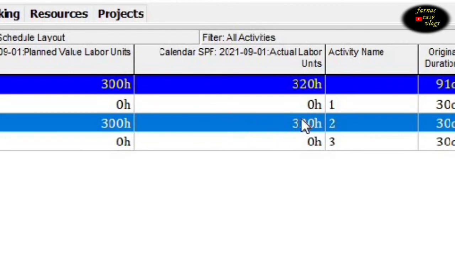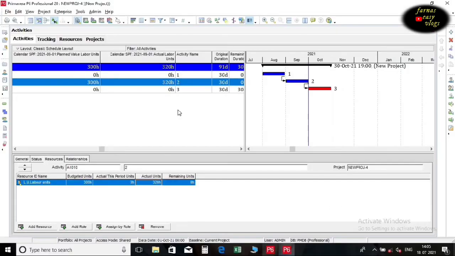There are cases where adjustments must be made to past period performance, and this can be in the form of a negative adjustment or the addition of actuals that were presented late and after the initial updates were made. In this example, we stored too many actual units and we need to make an adjustment to remove units from the task. We want to remove 20 units from the activity. Go to the Resource tab and add -20 units in actual this period units.